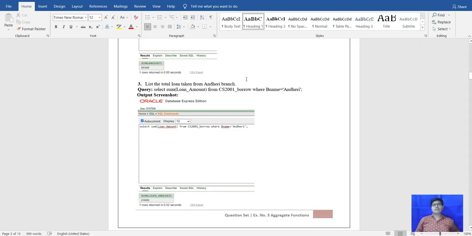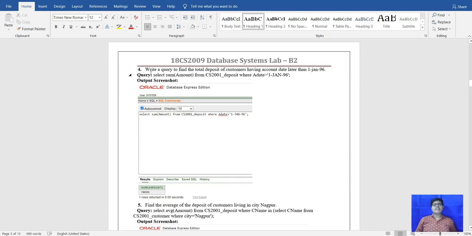Next is the fourth question: write a query to find the total deposit of customers having account date later than 1 January 96.